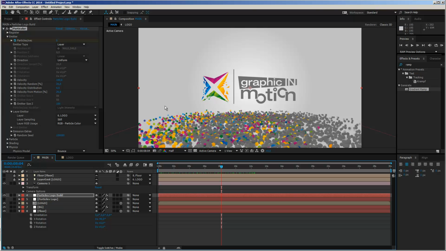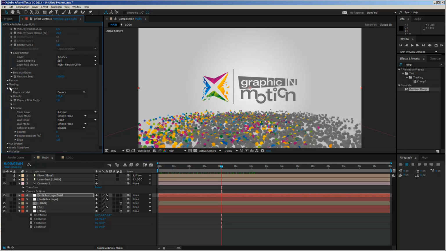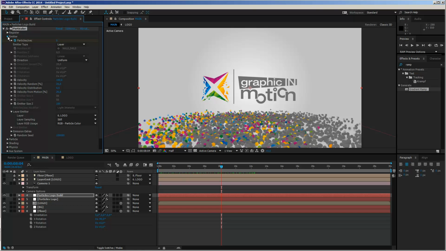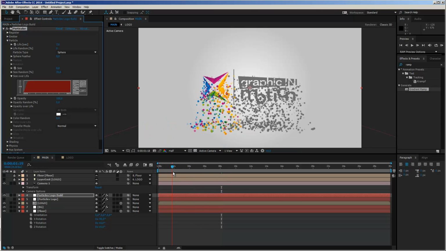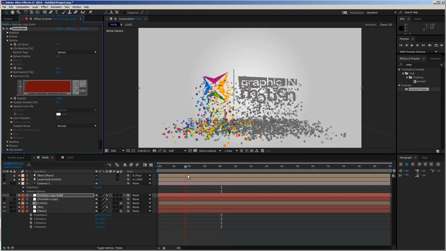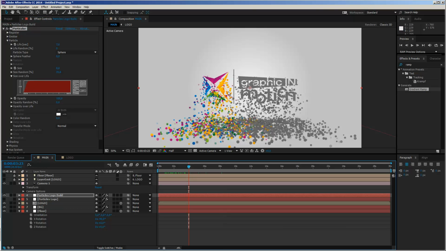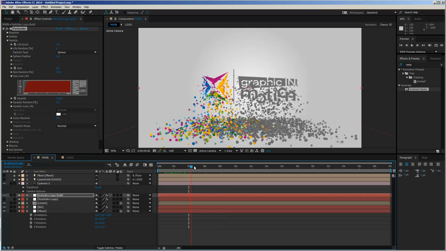What else do I want to do here? I want to change the look of the particles a little bit. So let's go into our particle settings, and let's add a little bit of random in the size. So let's add 35% of randomizing here, maybe even 50. And now I think they are too big, 12 is too much. So let's set them to 8 so that they are a little bit smaller. Maybe reduce this back to 35. That looks quite good. And you see that now these particles also are very small in the beginning, and then while they fall down, they get bigger, and actually I like that.